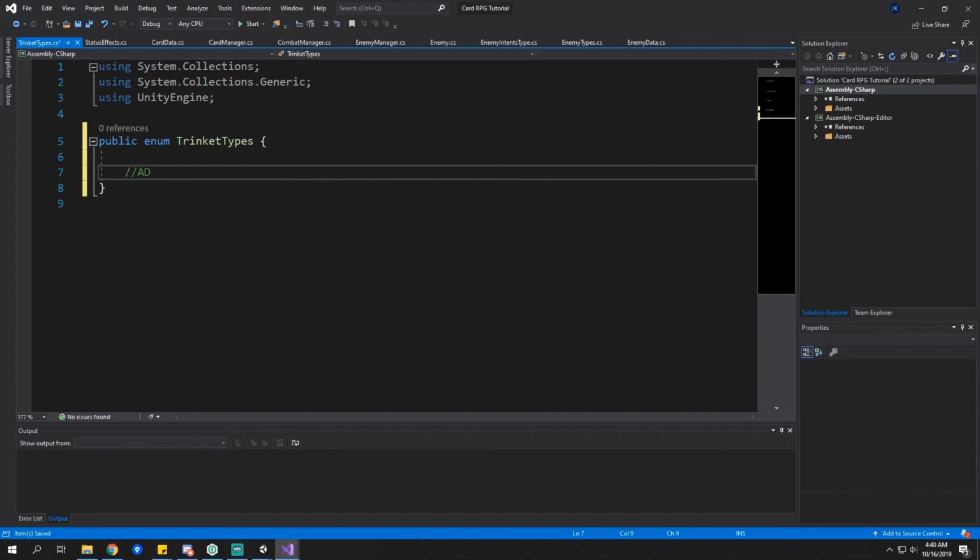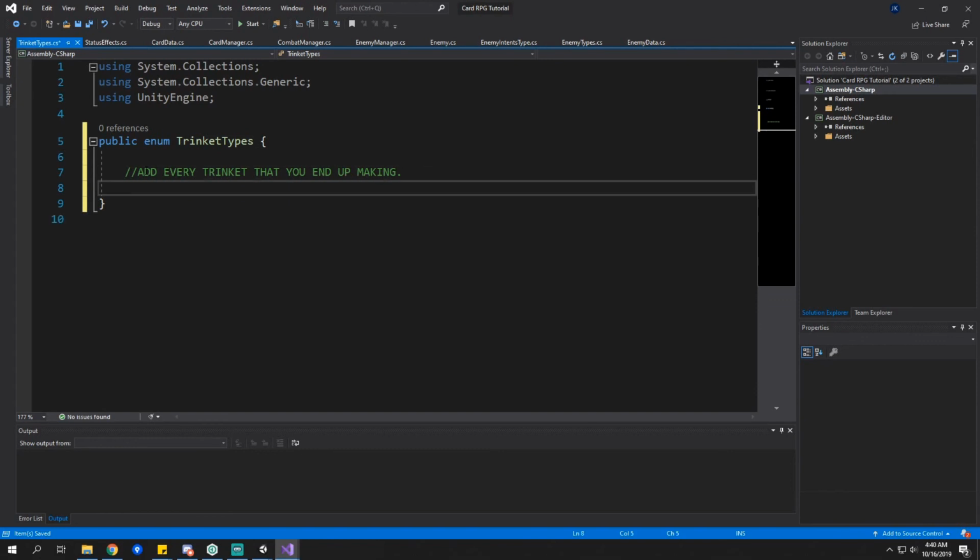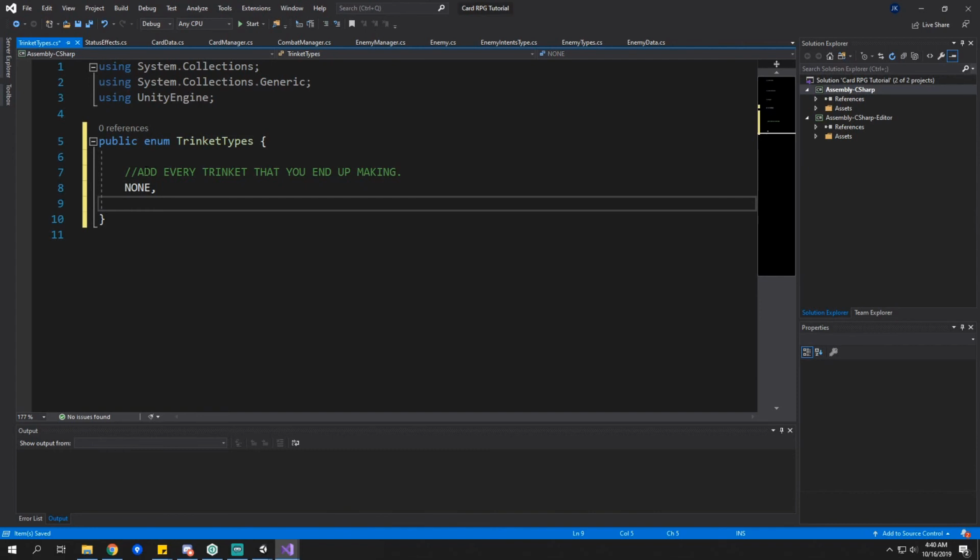So add every trinket that you end up making. So we have none, and any trinkets we're going to be using. We're going to introduce one trinket during this tutorial. It's called pants down